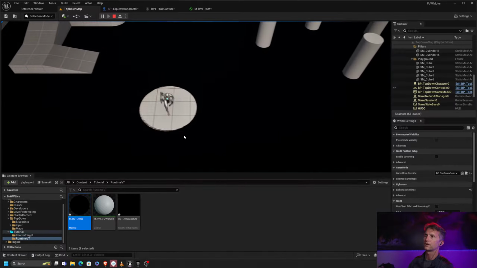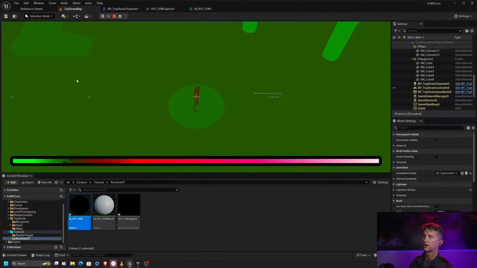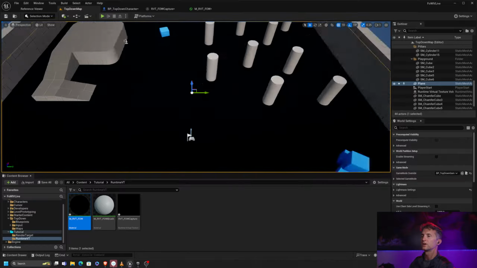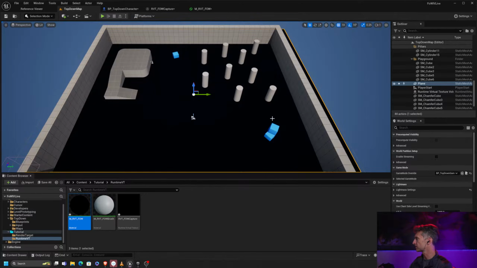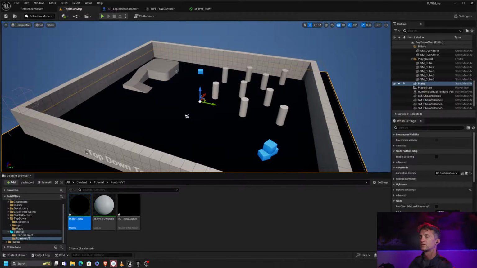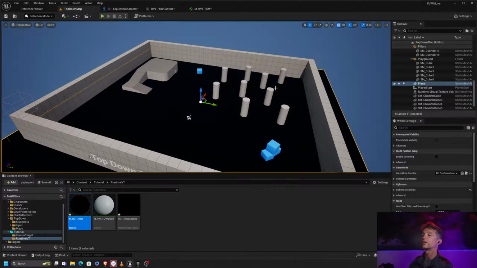Okay, so we have our fog of war cutout, and when we look at our render texturing, we have a nice green color here. We're not in the bad range anymore, which is just something to note. However, depth tests no longer work. So in this case, and I'm not going to do it here because I want to get to the render target version, not the runtime virtual texture,